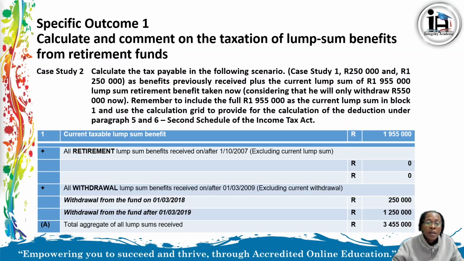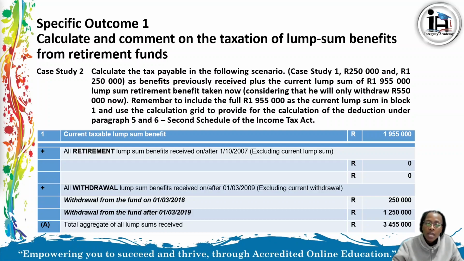So our number one there, our current taxable lump sum benefits will be 1,955,000. So we add to that all retirement lump sum benefits received on or after 1st of October 2007, of which in our scenario we don't have any. And then we are also going to add all withdrawal lump sum benefits received on or after 1st March 2009, which will be the withdrawal from the fund on 1st March 2018 of 250,000, withdrawal from the fund after 1st March 2019 of